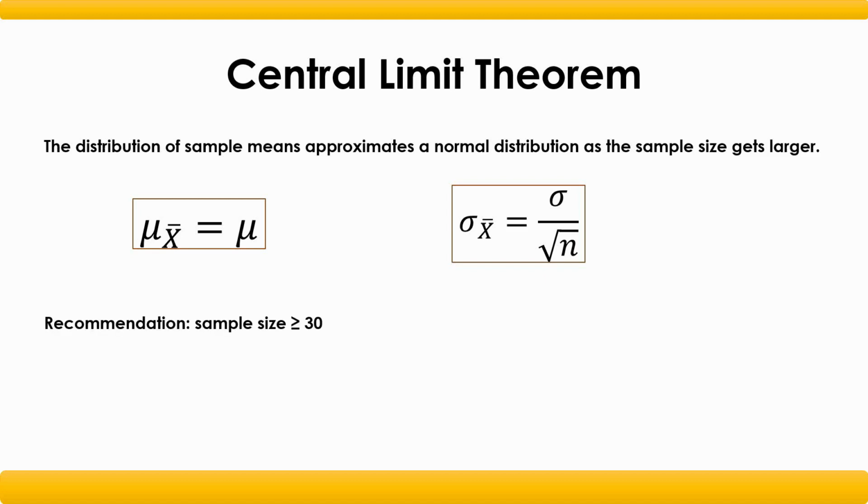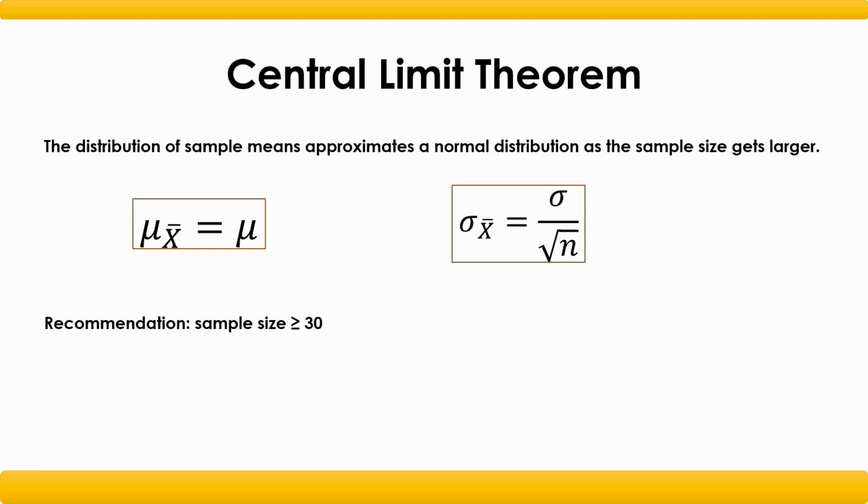This central limit theorem holds true for approximately sample size greater than or equal to 30. It is only a recommendation, no need to consider it a thumb rule. Sometimes you may get the normal distribution for the sample means even if we consider a sample size less than 30. It purely depends on the type of population we are considering. The recommendation of sample size greater than or equal to 30 holds true if your input population is not normally distributed. If the input population is normally distributed, then even if the sample size is less than 30, you will get the normal distribution for all the sample means.